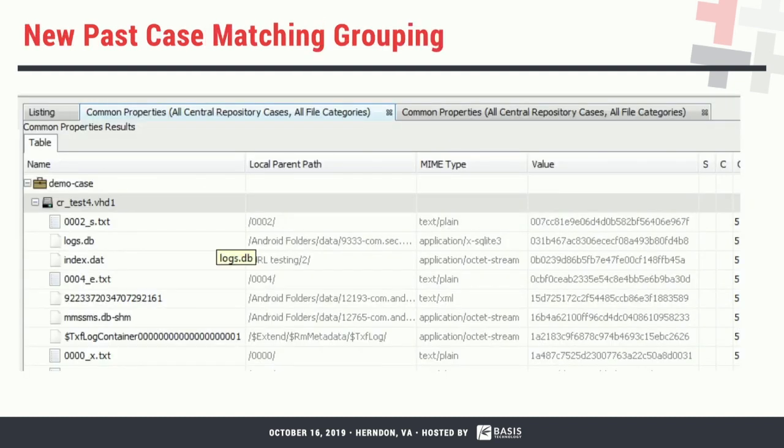But here's an example of how we now group together past case searches. This is a use case where you have a case open. You want to say, hey, I want to see how common this is with some other past case, or what cases have in common with it. So the grouping now is that top level, let's say, this has got files in common with case ABC, and then we'll show you those files that were common. And you can do things like focus only on, I just care about pictures, I just care about documents, I just care about whatever, to filter that down.